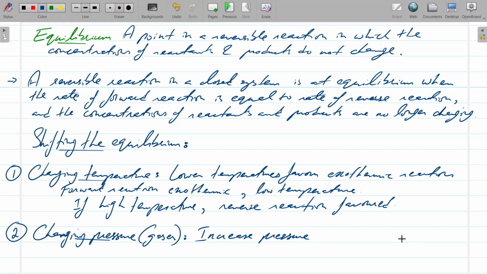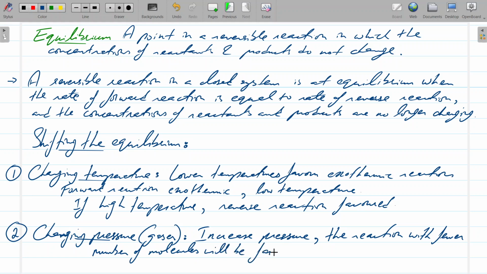But you are dealing with a reversible reaction. So if you increase the pressure, the reaction with the fewer number of molecules will be favored,